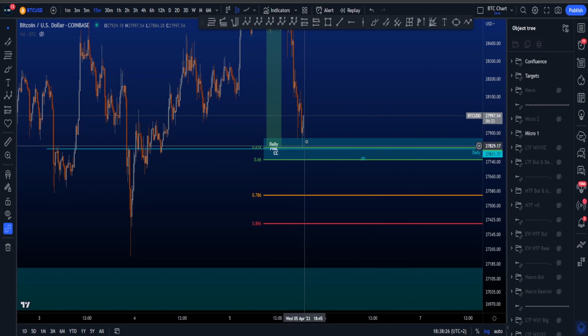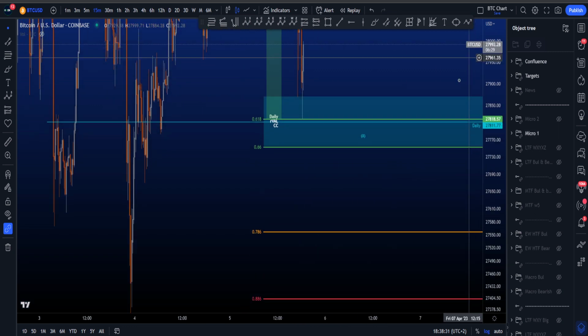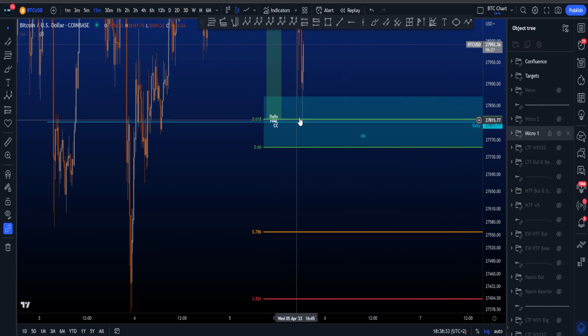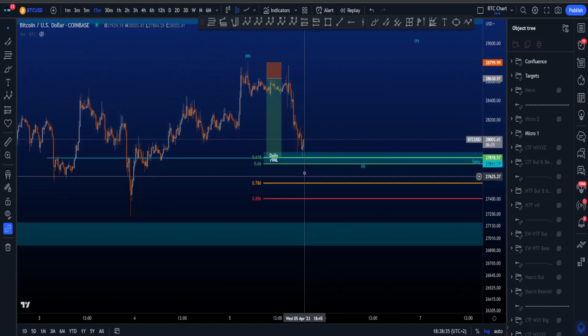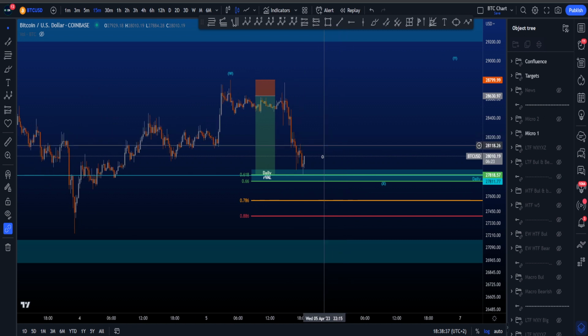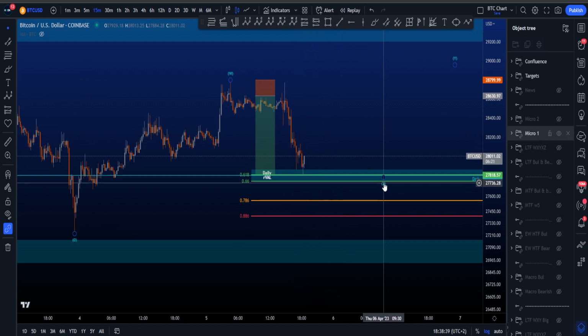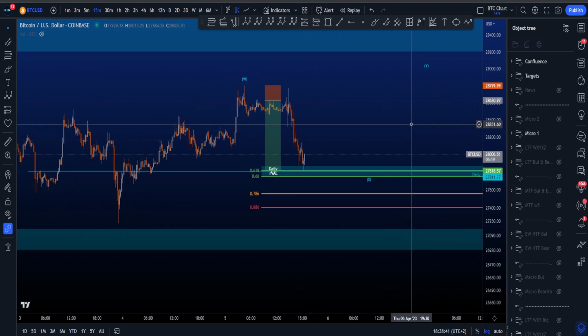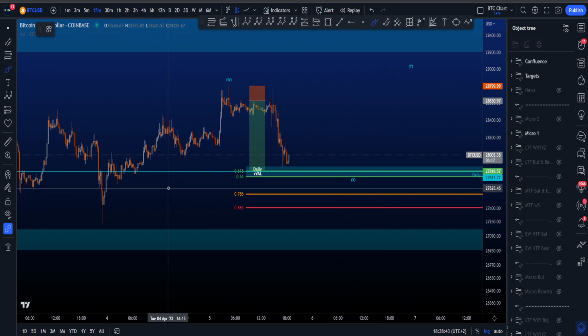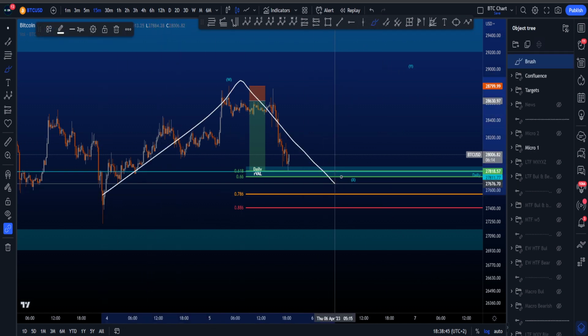It actually just got hit over here, or at least the golden pocket at the end of the daily over here, or the daily isn't hit, but the golden pocket is hit. So there were a couple of nice confluences in this area, which can be at least a little bit of a long trade, because in this particular scenario that I have on the chart right now, we have a WXY,